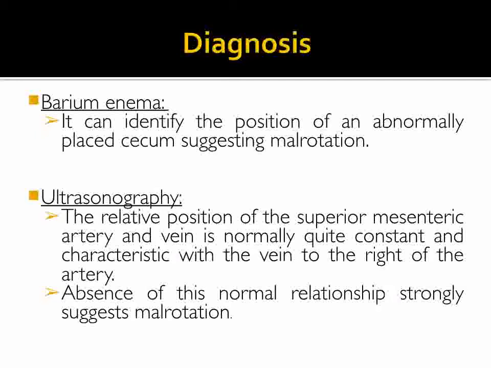So normally, the superior mesenteric vein is to the right side of the superior mesenteric artery. Okay, and in intestinal malrotation, because of rotation of the intestine around its axis, there will be a reversed relation between the superior mesenteric artery and the vein. The absence of the normal relation between the superior mesenteric artery and the vein in Doppler ultrasonographic study strongly suggests